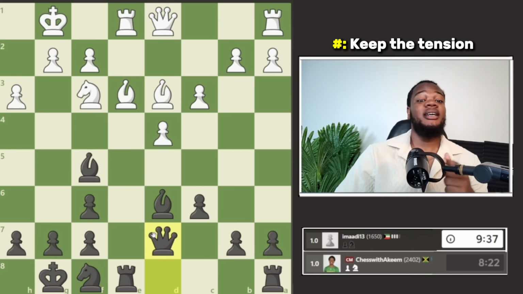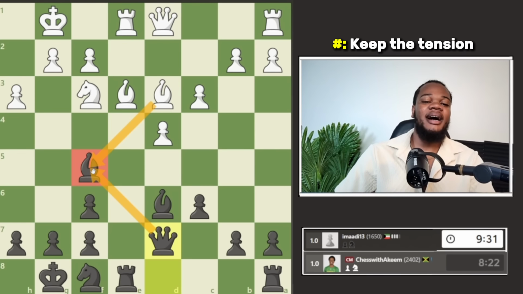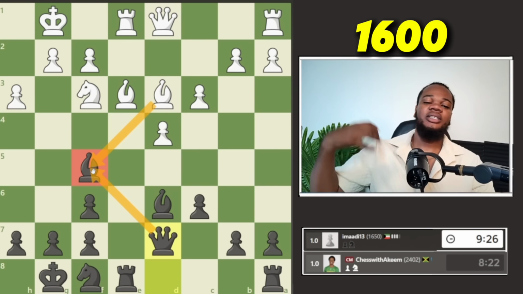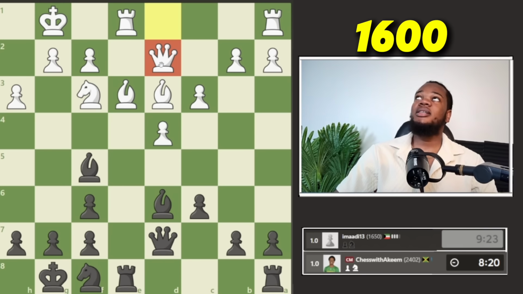Remember that to take is a mistake, and you only trade when it improves your position. So queen to d7, let them take your bishop, then you take back, and then you just continue with some regular ideas. Play positional chess, put all your pieces on good squares. He plays queen to d2,